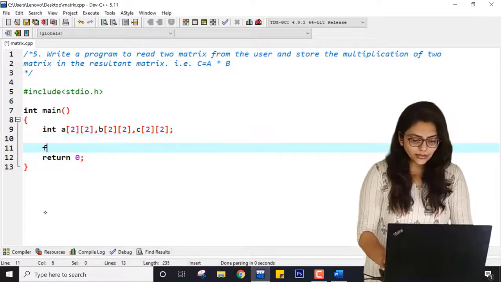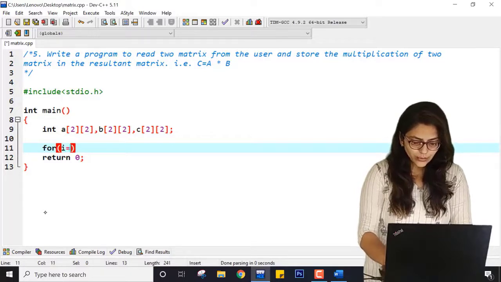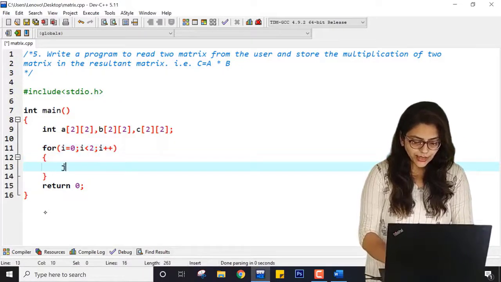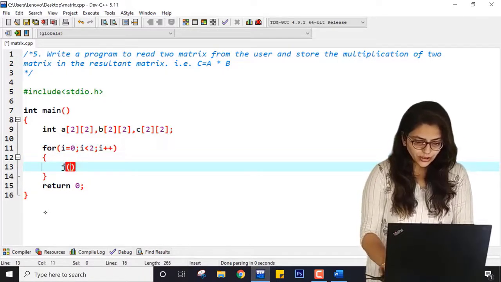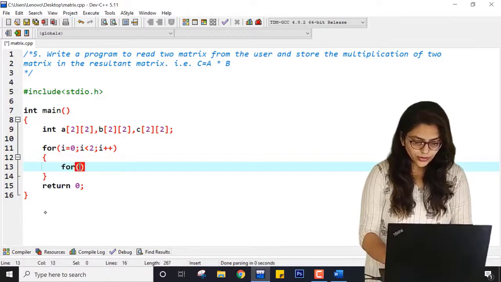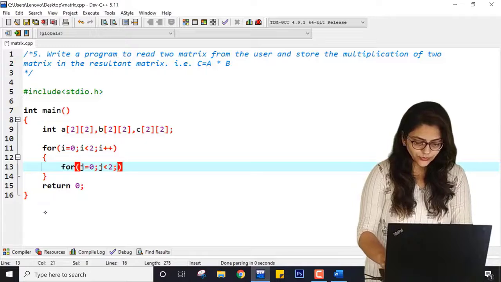So for that I am writing for i = 0, i < 2, i++. Inside I am writing for j = 0, j < 2, j++.